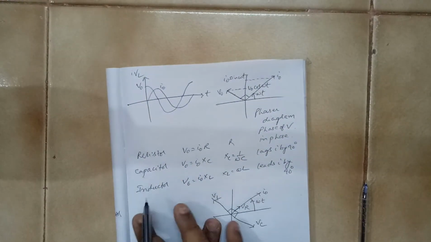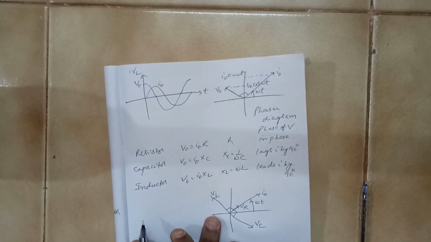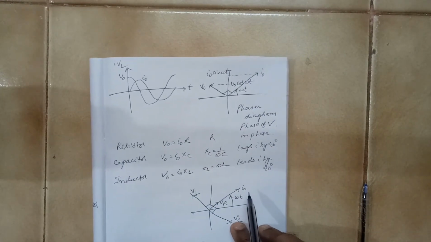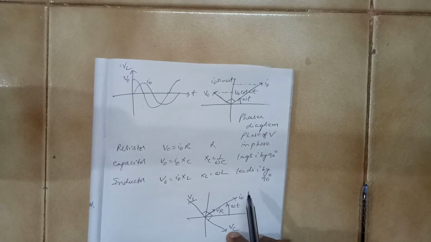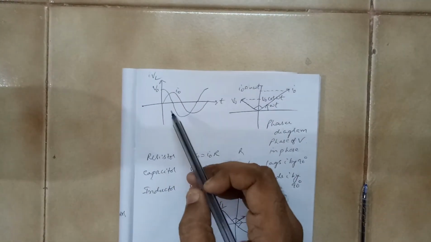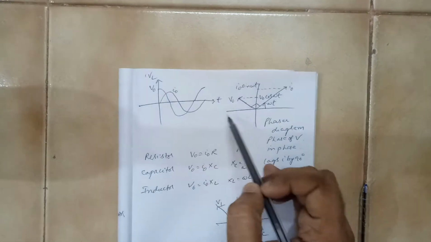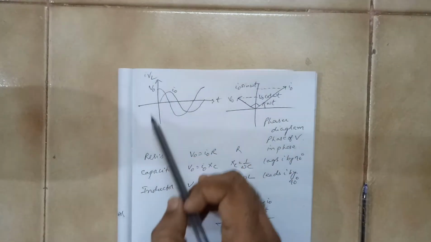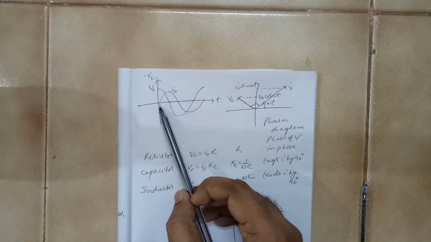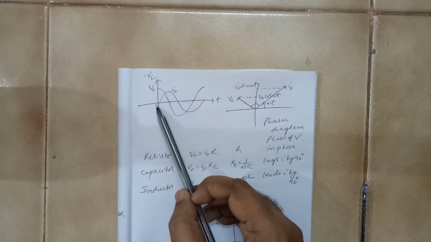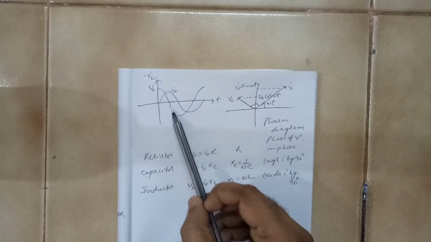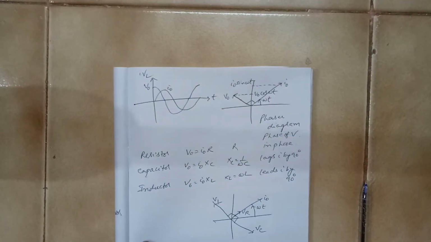Now in all these three scenarios, we are talking about resistor alone, capacitor alone, and inductor alone. This is the diagram for which we have considered the phasor diagram. You see the diagram here. This voltage is ahead of current; when this is at 0, this is at 90, right? So there is a phase difference. This is the variation of the current, and this is the variation of the voltage value.